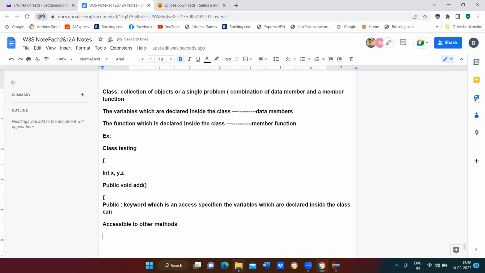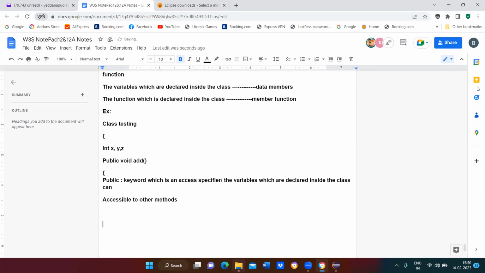Can anybody give an example? See, class T1, int a, b, c.